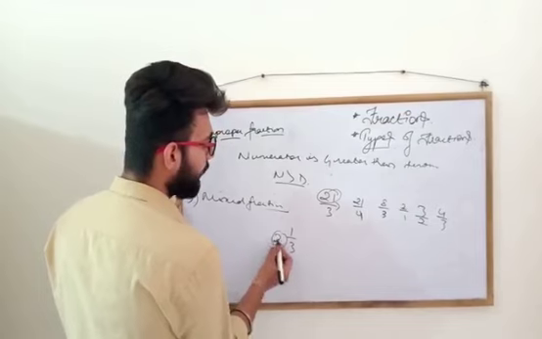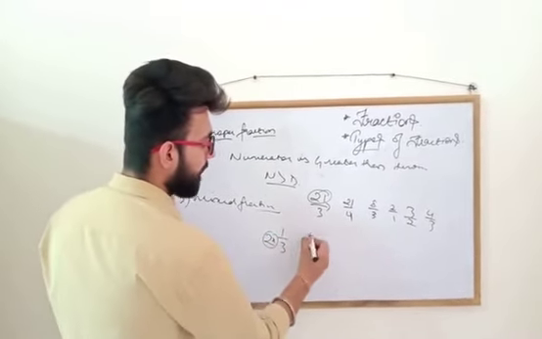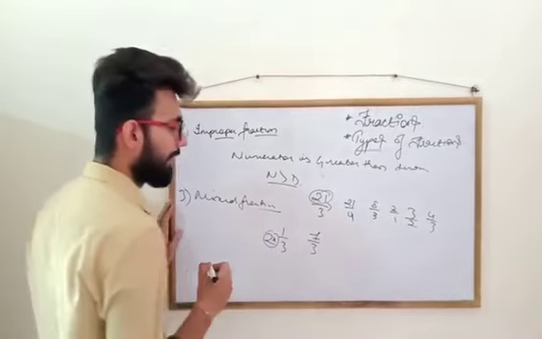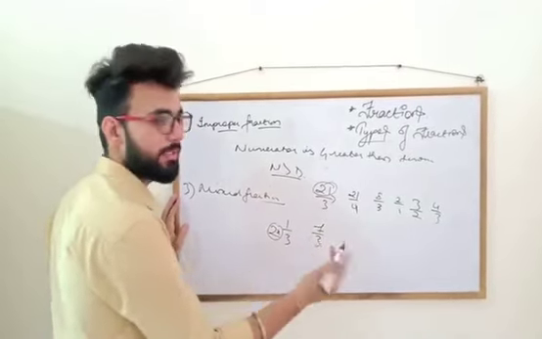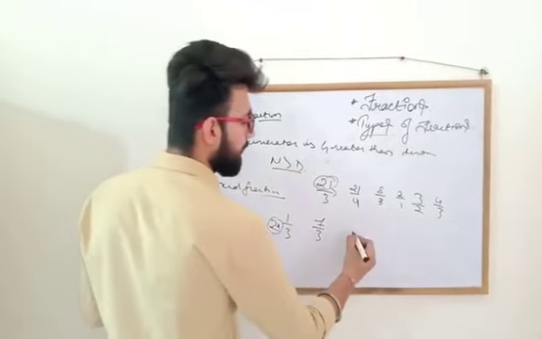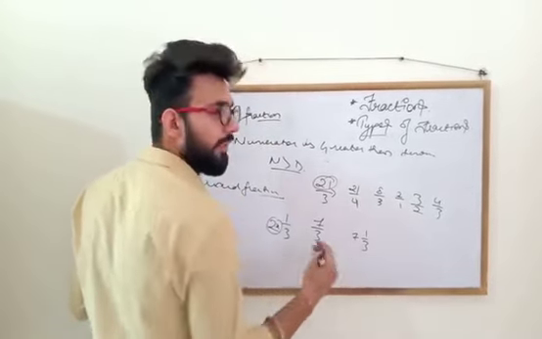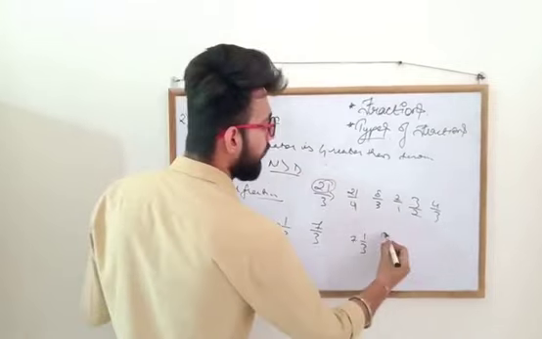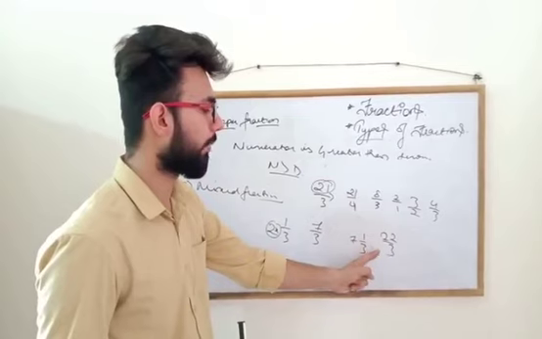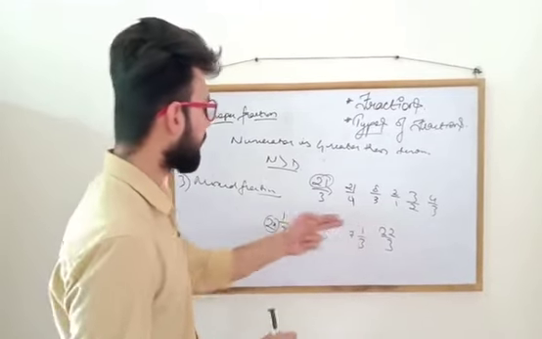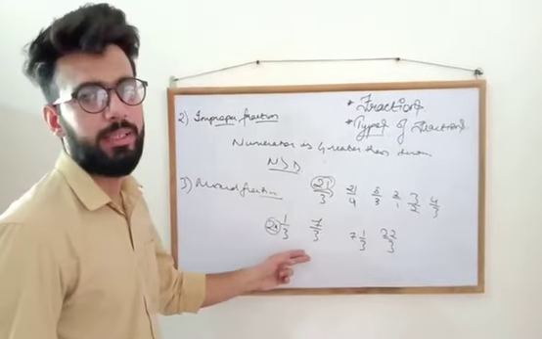So कैसे लिख सकते हैं इसको? 3 2s are, we multiply this number with the denominator. 3 2s are 6, 6 plus 1 is 7. So we write it 7/3. Okay, denominator is smaller, numerator is larger as compared to denominator. Or you can take an example as 7 whole 1/3. 7 3s are 21. 21 plus 1 is 22. 22/3. Again you can see the numerator is greater and the denominator is smaller, which means that it is an improper fraction. So all the mixed fractions are improper fractions.